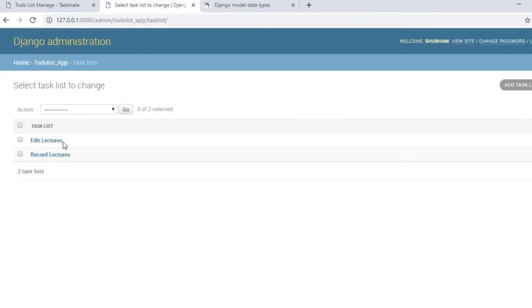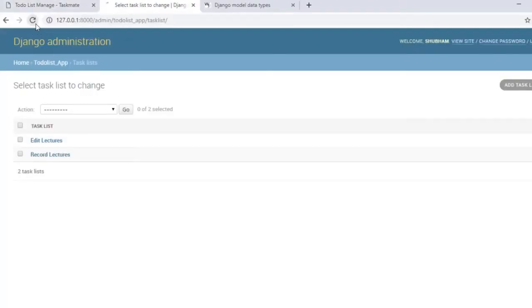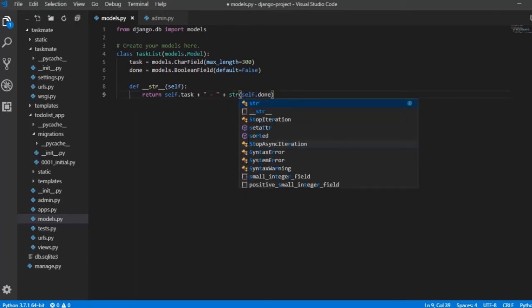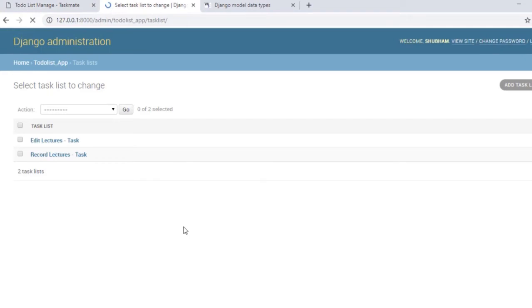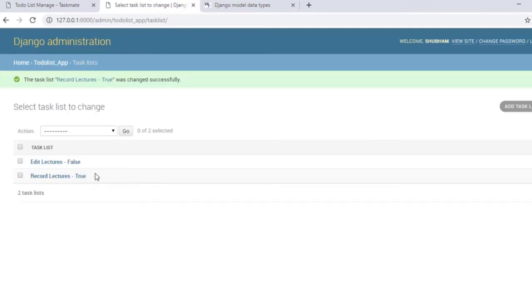And I also hope by now you understand these objects. Let me edit the name and add something here. Here you can see that I am able to see the changes, and if I go back, let me change a few things here. Let me also add the done field. Since this is a boolean field, I need to convert it into a string. If I refresh this one, you can see this is false, this is false. And if I change any one of them, this task is done. So it is true. So that's how we are going to play with our models.